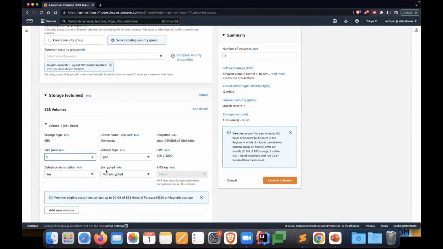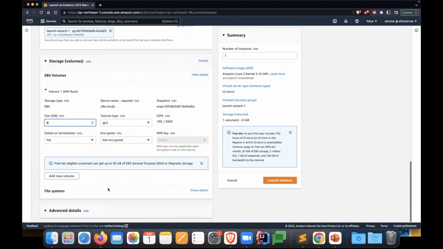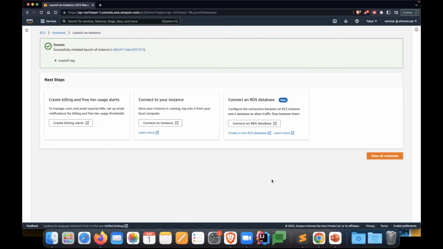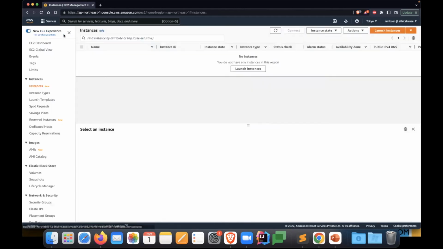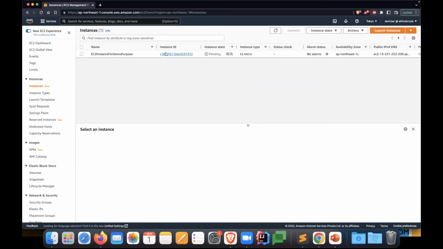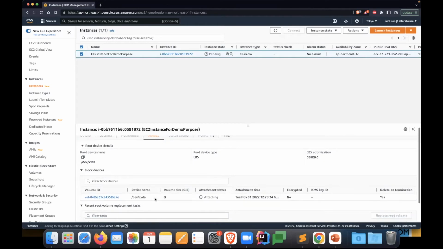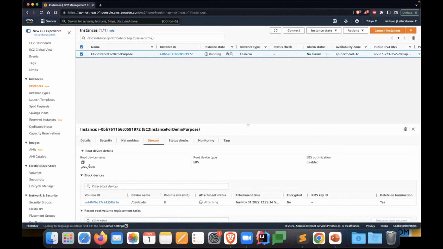Also, you can see we have an option of whether we want to encrypt the data or not. Here we have selected encryption as not encrypted. Okay, so this is all we'll do. We click on launch instance, and you can see it is showing here that it successfully initiated launch of instance. I'll go to instances, and I can see the instance is in pending state. I'll click on this. In the storage tab, we can see this is your root device, and